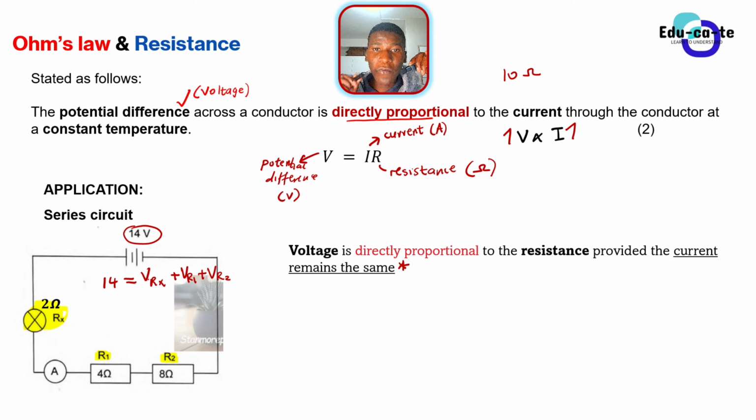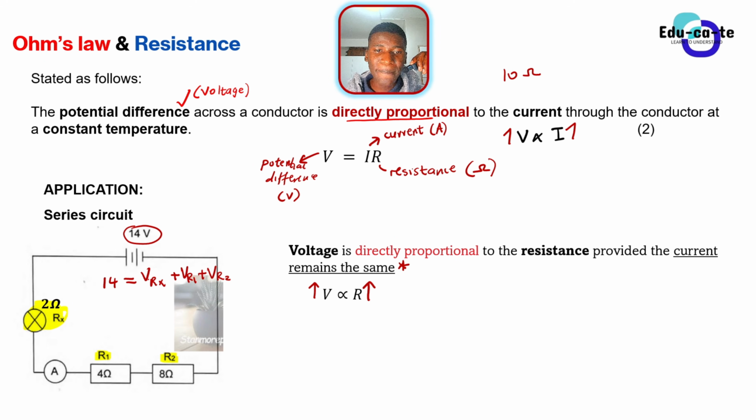Now here, the voltage is the one that's going to be divided. This energy of 14 volts is the one that's going to be divided. But now the question would come: out of this 14 volts, which resistor between Rx, R1 and R2 will get the most voltage? Because it will be divided, but which one will get more voltage? How do we see that? We see that by using this relationship, that the voltage is directly proportional to the resistance. So once you have a greater resistance, then you'll also have a greater voltage. When you increase the resistance, you also increase the voltage.